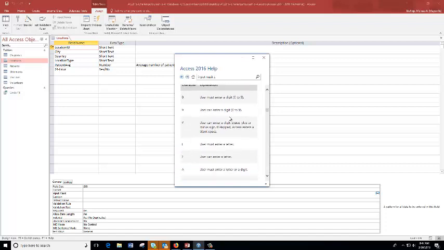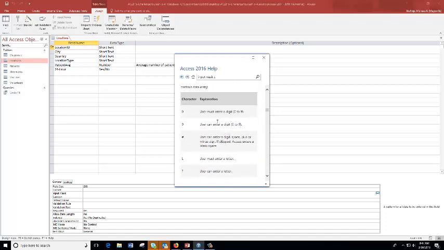Then there's a list you can review that goes over which character you would use and why you would use it. If we look back at the instructions, it tells us that we want to require 3